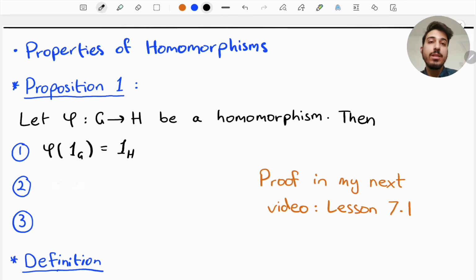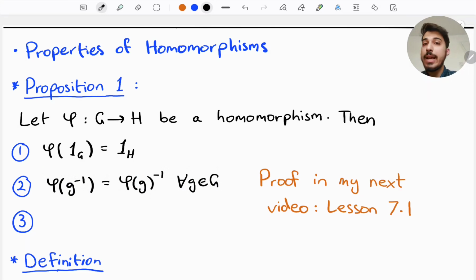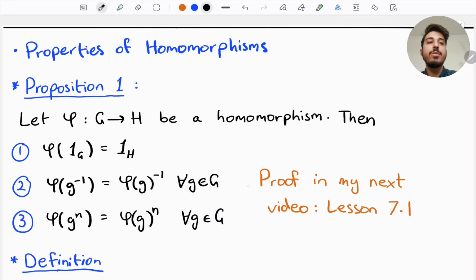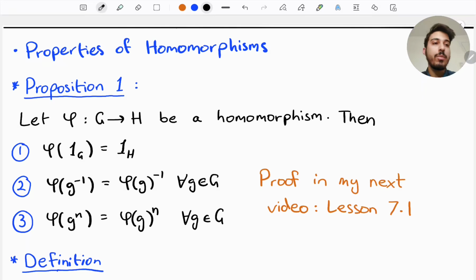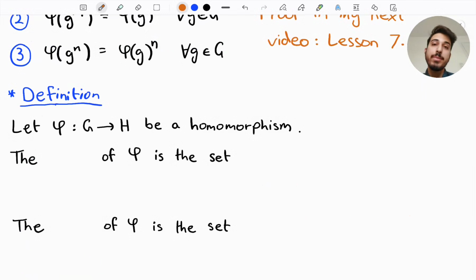And the second result is that phi of the inverse of g is equal to the inverse of phi of g for all g in G. And lastly, we have that phi of g to the power n is equal to phi of g to the power n, again for all g in G. And the proof will be in my next video, lesson 7.1, coming soon, which I hope that you will stay tuned for. Now, let us define some very important subsets of G and H, where phi is a homomorphism going